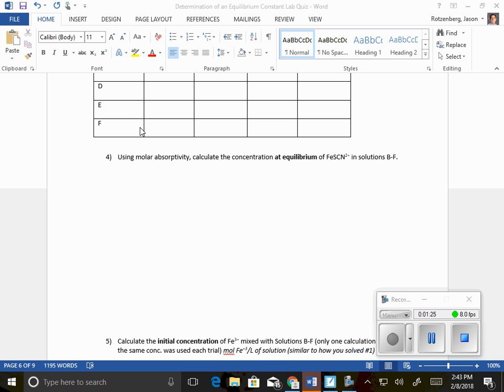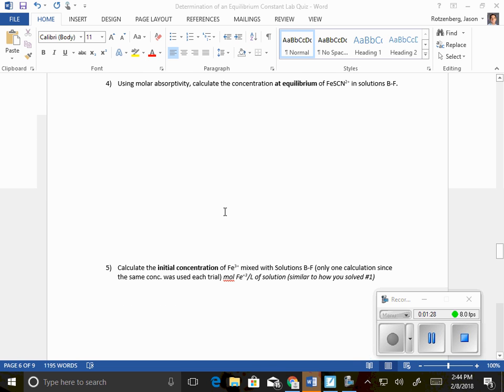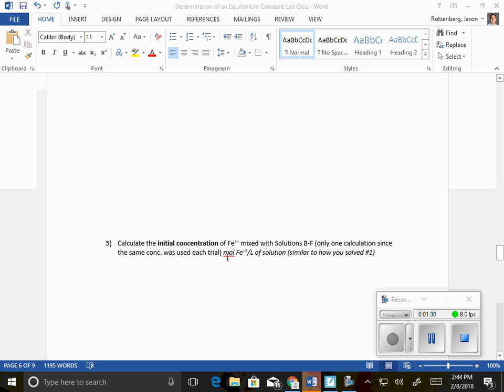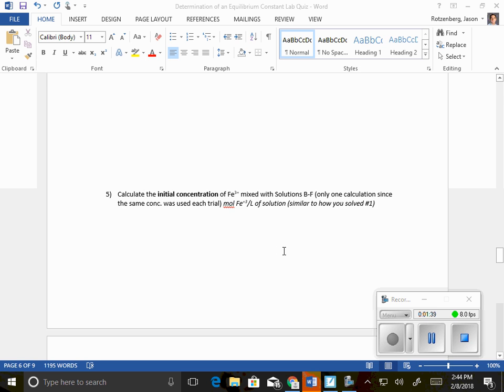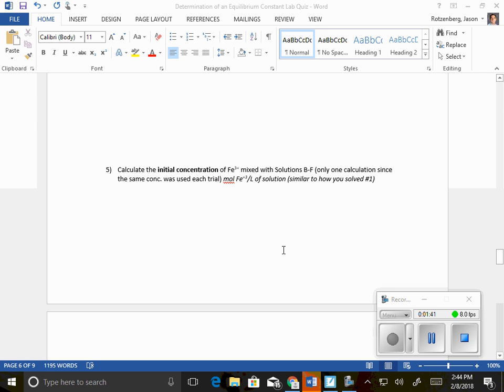Looking at the bottom of the page, you should have used the exact same amount of iron ion in all trials. That's why it says you only have to do one calculation. So if we're finding the initial concentration of the Fe plus 3, this is another example of dilution math like in day 1, where I take the molarity of the Fe plus 3